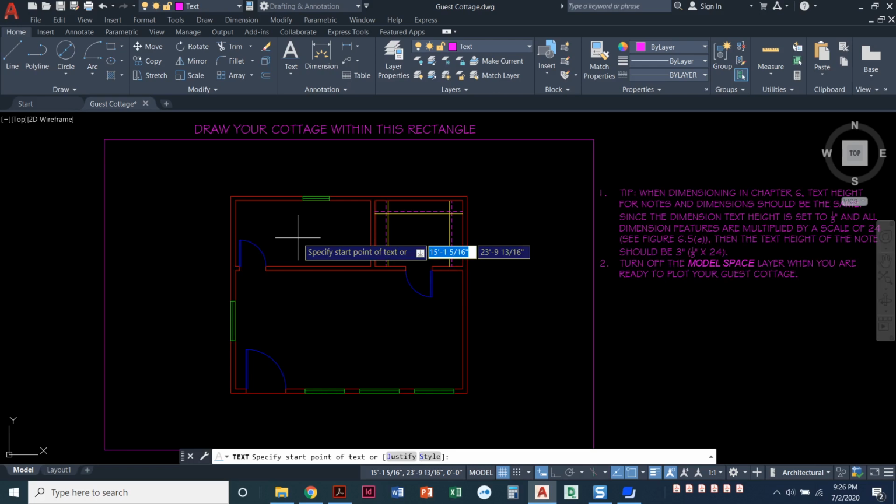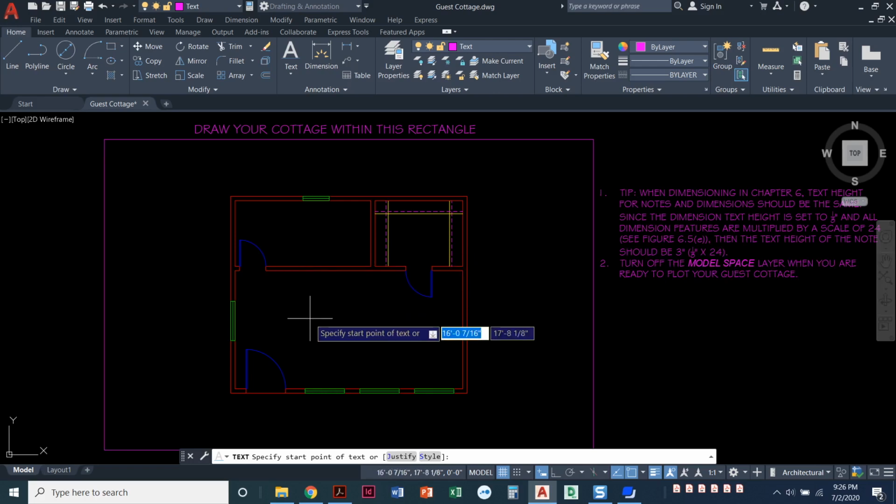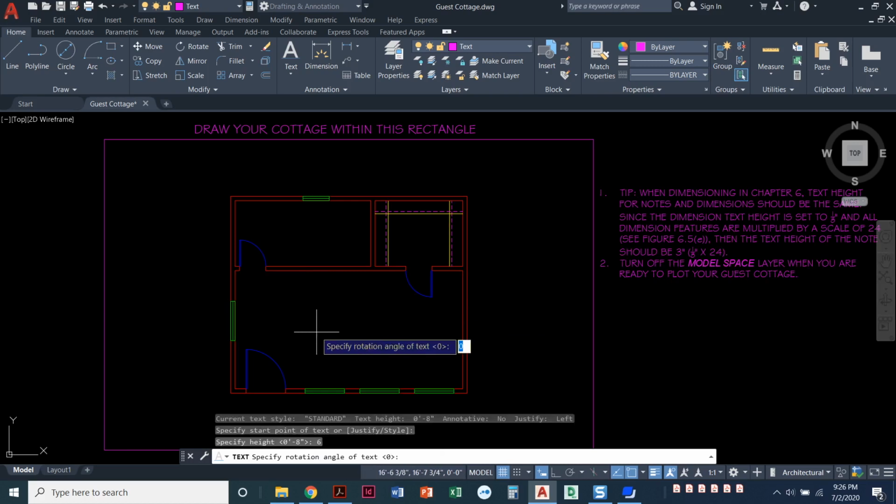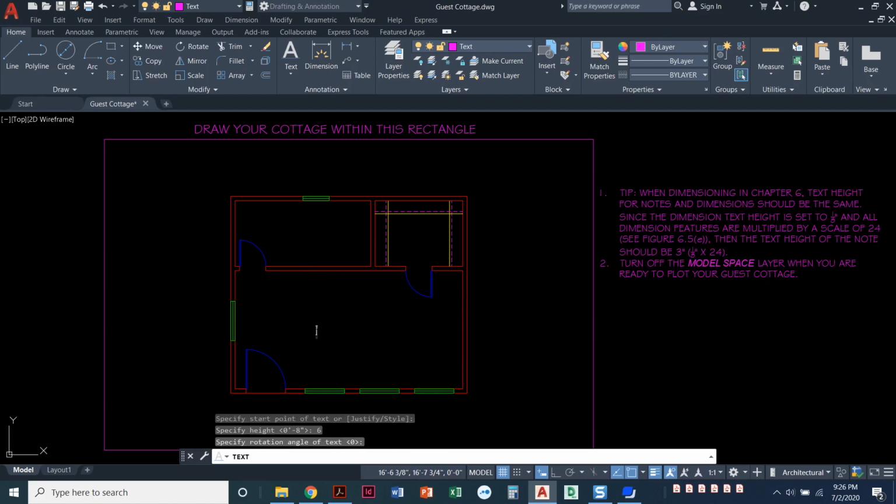So the text height for the room names, it tells me, is going to be a height of 6. So we're going to click anywhere to start. Then it wants the height. I'll type in 6, enter. I don't want to rotate it, so I'll leave it at 0, press enter. Make sure that you have your caps lock on. We always use all caps when we type. And we're going to type in living,